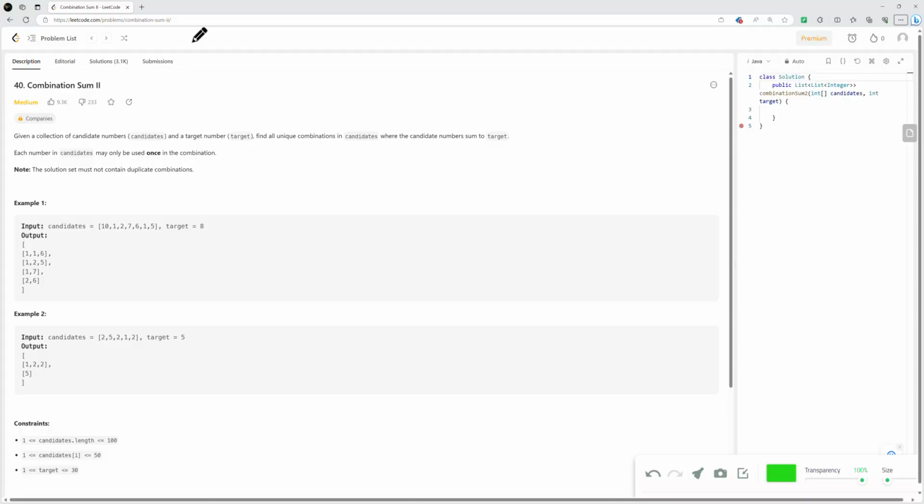Next problem is called combination sum 2. We are given a collection of candidate numbers called candidates and the target number target. We have to find all unique combinations in candidates where the candidate numbers sum up to target. So we have to pick unique combinations and return all of them that fulfill the requirement that when all the elements inside that combination are summed up,